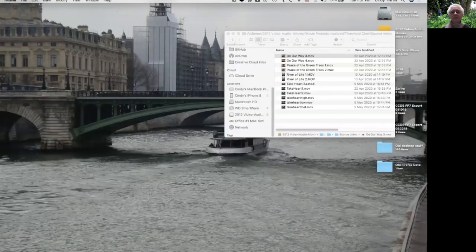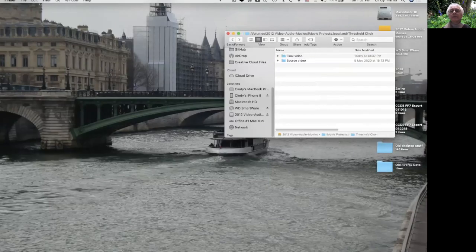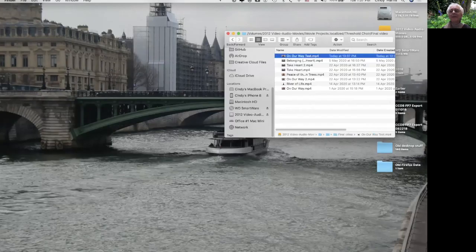There we go. All right, so now let's go back to where my original files were stored, right here and here. Okay, in this folder, but if I kind of back up a little bit and I go to the final videos where I stored it, oh, there it is. Look at that. And now I can open this up in, I forget, QuickTime, I think, is my default, right? And so when I open this in QuickTime,